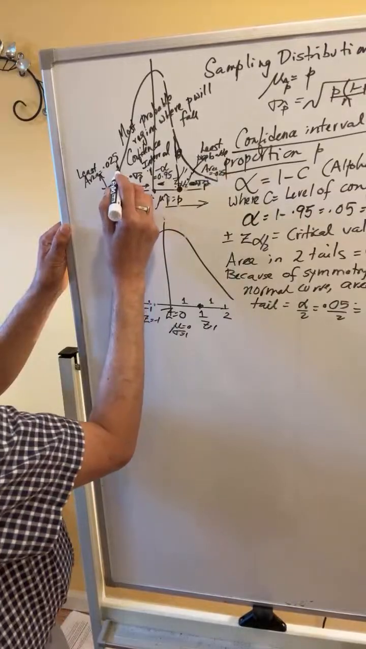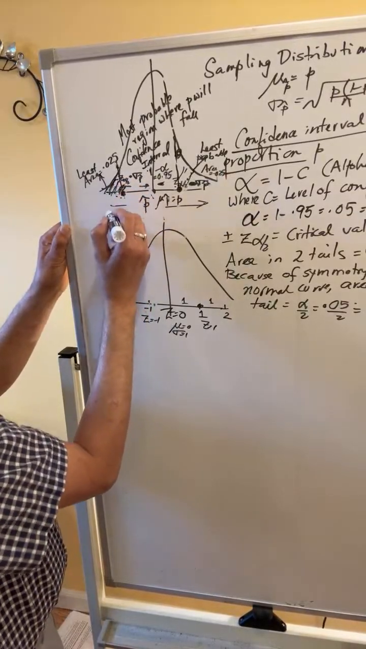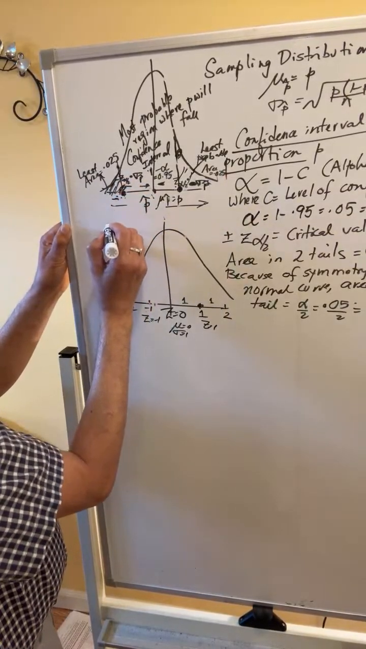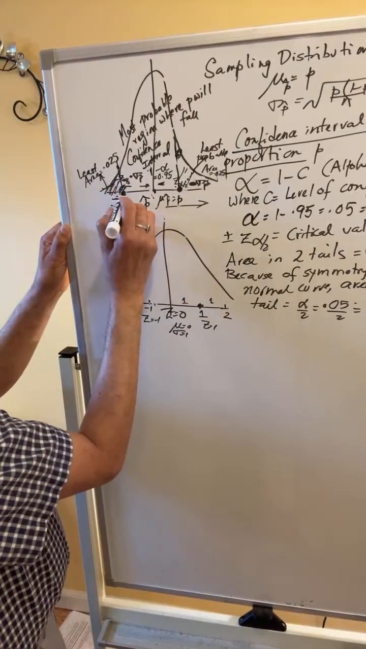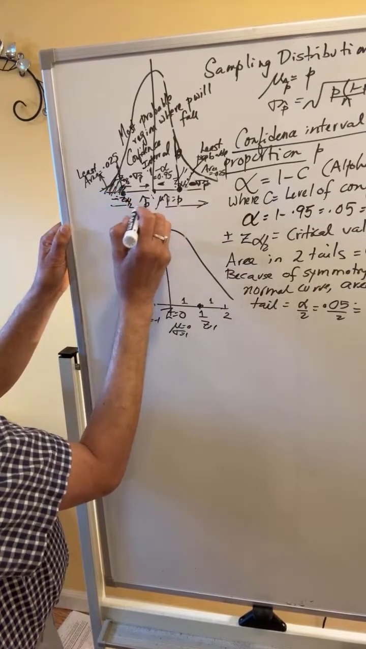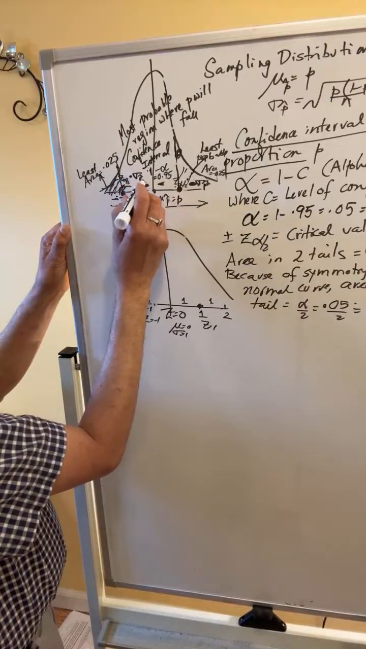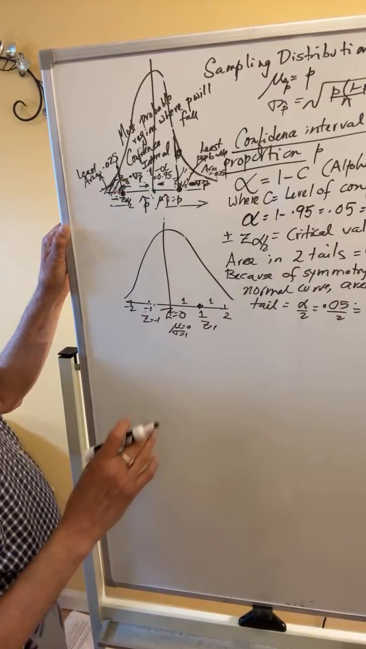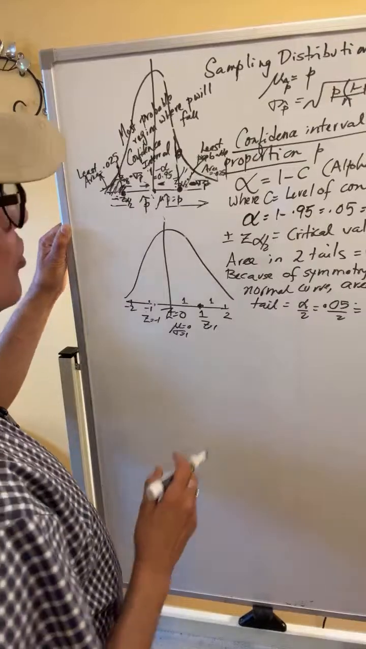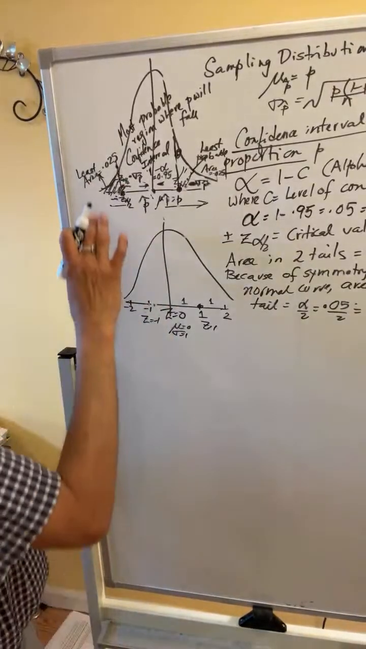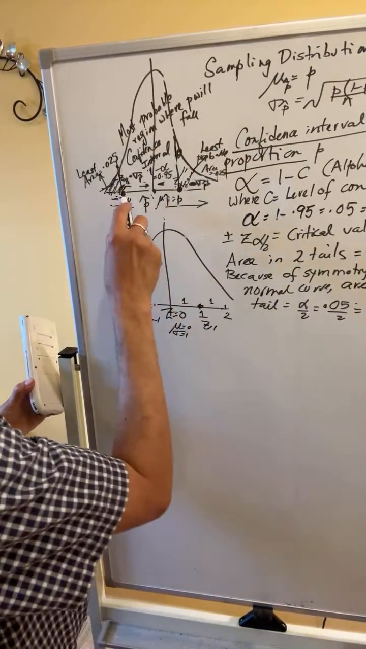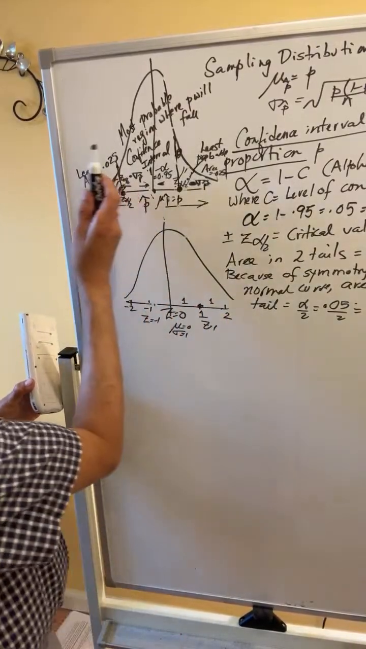Now this will help us, because we know the area in the tail is 0.025, to locate this minus z alpha by 2. Remember, this point is minus z alpha by 2 times the standard deviation away from the center. So we will use our calculator to find this minus z alpha by 2, because the area in the left